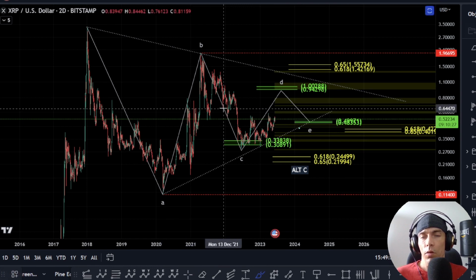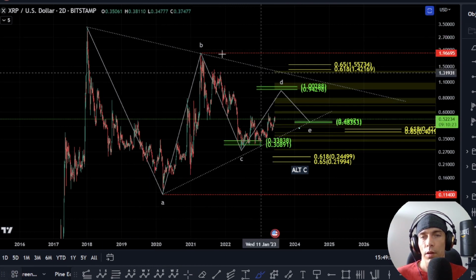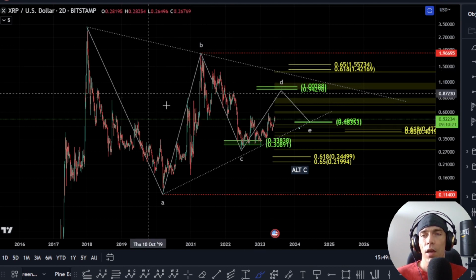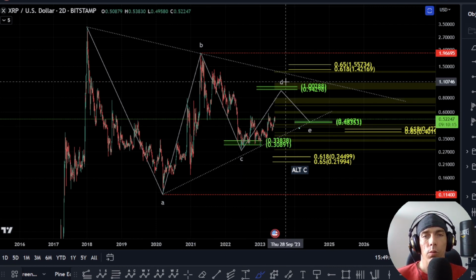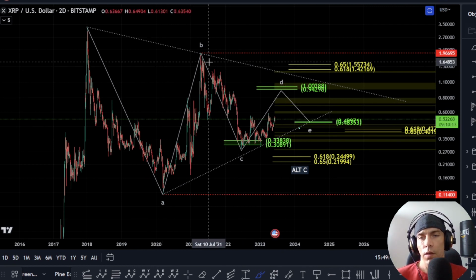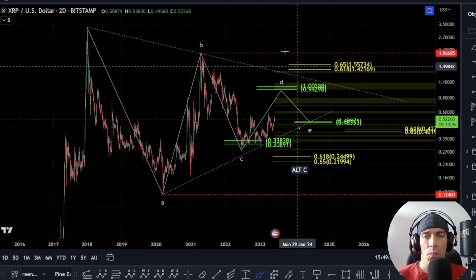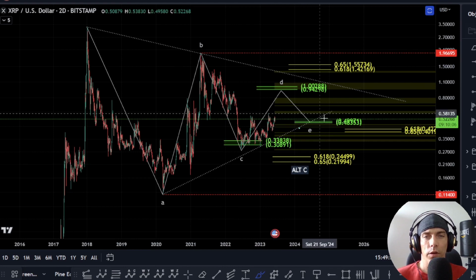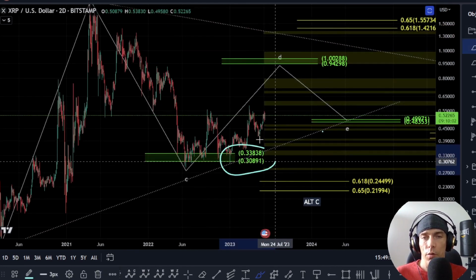Now, the reason that I'm not too keen on this count is just because the subdivisions of these waves are a little bit messy. And typically speaking, within a triangle, we are only allowed to get one complex wave, and it's normally either in the C or the D wave. So because these waves are a bit more complex in the beginning of this move, we need to just be mindful that this is a lower confidence move, but we have respected this target of this green target here, which